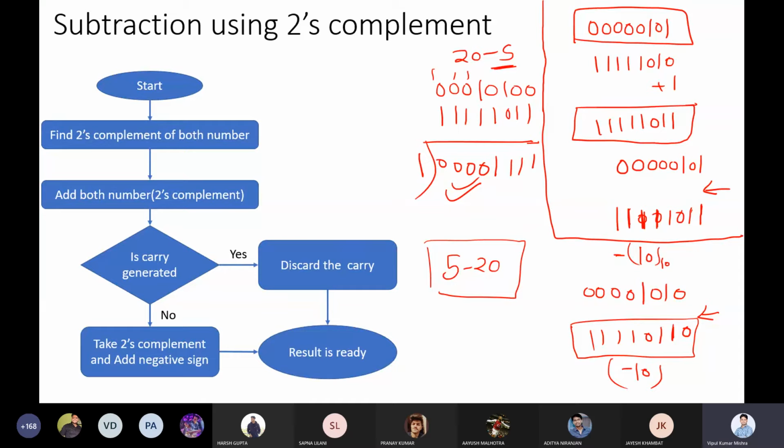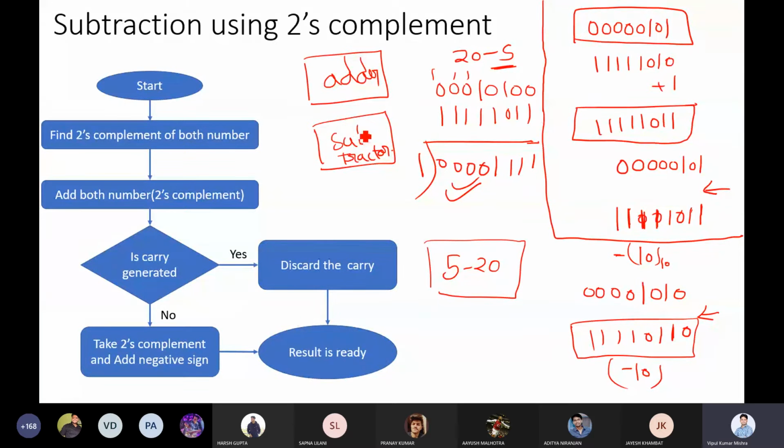Any benefit that you can easily observe? One benefit that I can observe: do we need a subtractor to do subtraction, a separate subtractor, or is addition, an adder, good enough? Suppose I have a hardware unit that is the adder, and we have another unit that is the subtractor. In case of sign magnitude, you require both once you do addition or subtraction.